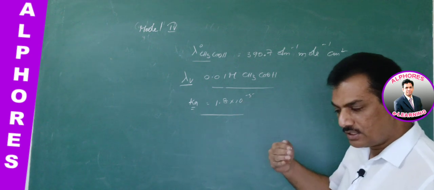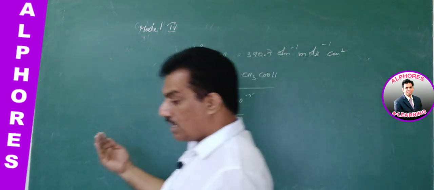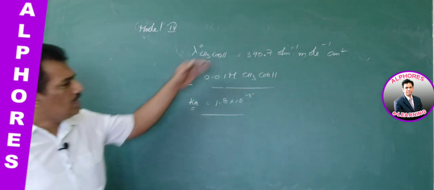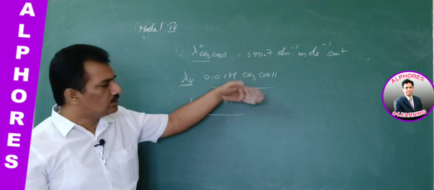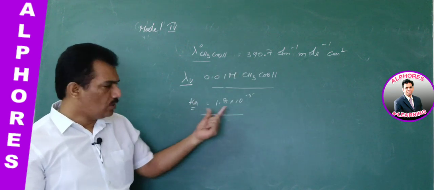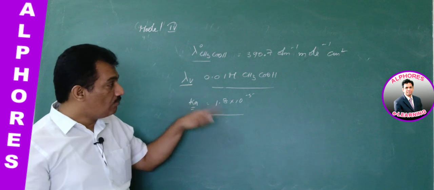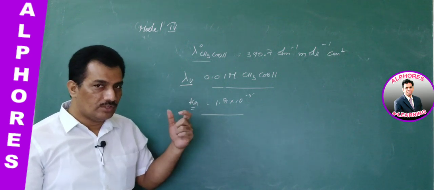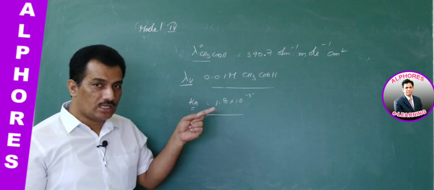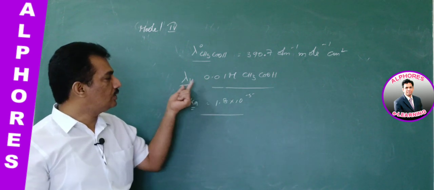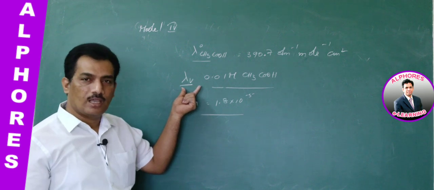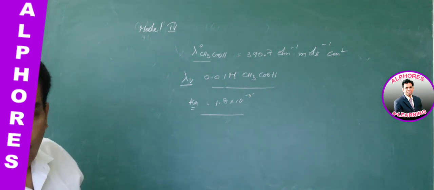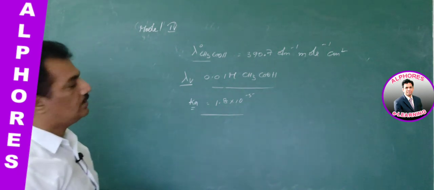You have to recollect the concept from the ionic equilibrium chapter from junior inter, and try on your own. In the next coming session I will discuss that. Try on your own to get alpha, that is the degree of dissociation, first, and after finding the degree of dissociation from your basics of ionic equilibrium, substitute that value to get lambda V. I think you can solve. That is about the application of Kohlrausch law related to degree of dissociation.